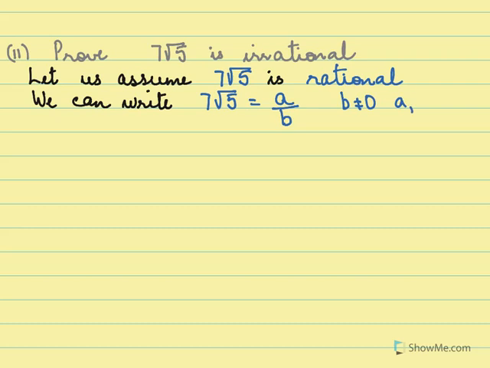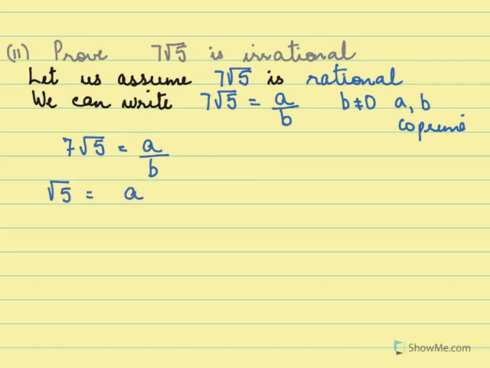All rational numbers can be written as a over b, where b not equal to 0, a and b co-prime. So if 7 under root 5 equal to a over b, now